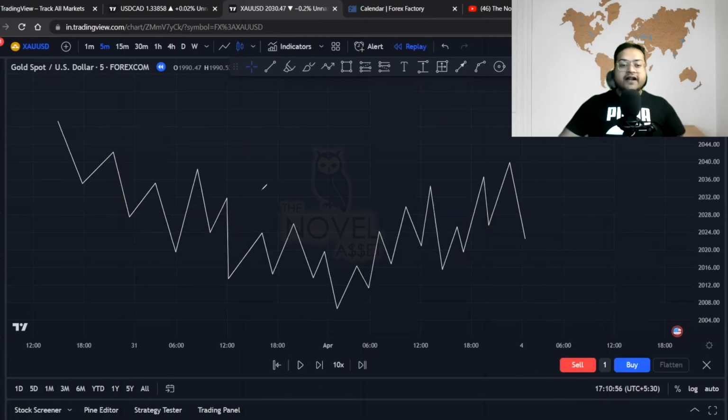So I hope that you have tried your own market structure. Now let's look at what is happening in the market. The real market structure looks like this. So over here, what happens? This is a normal breakout structure towards the downside, and again the price is pushing towards the downside, creating new lower lows. But actually this is not a confirmed low because the price has not taken out the liquidity